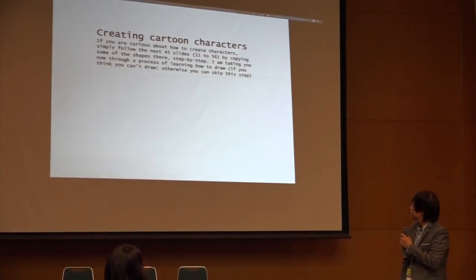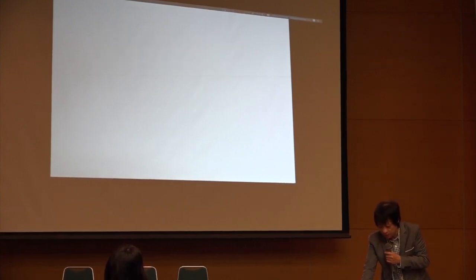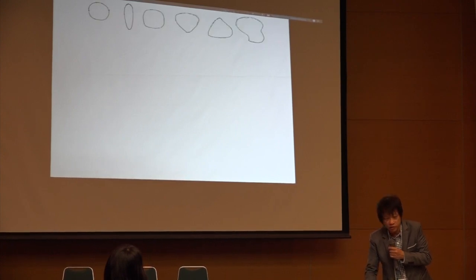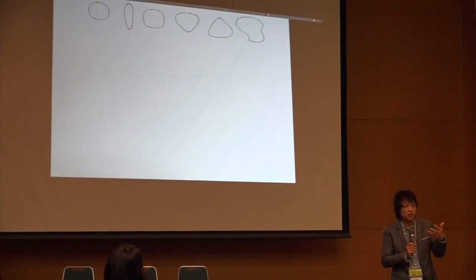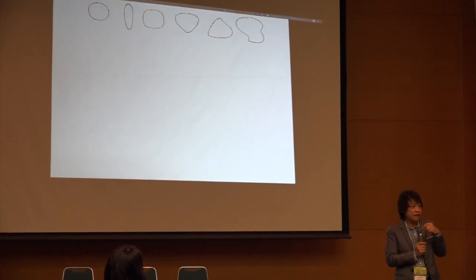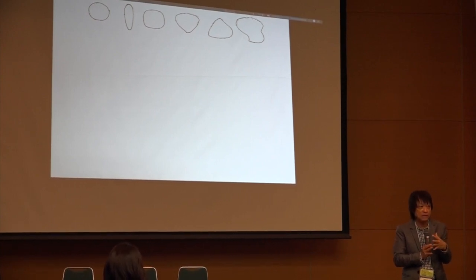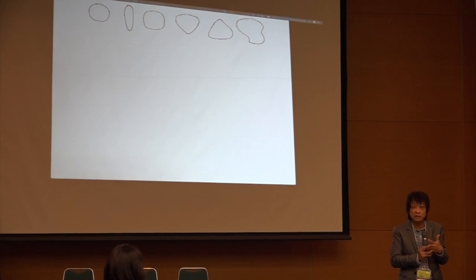Next step, creating characters. I took a long time to prepare this, but what I want to share with you is how I teach some of my students to draw. And this is not the best way, but it can help them start off. First of all, maybe begin with facial shapes. A facial shape can be in any form. Can be round, oblong, rectangle, irregular, pear shape. So they start with shape.